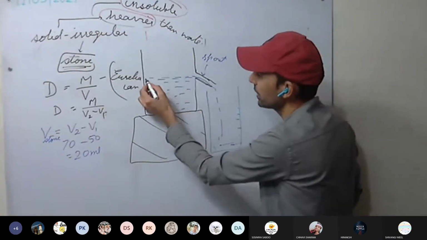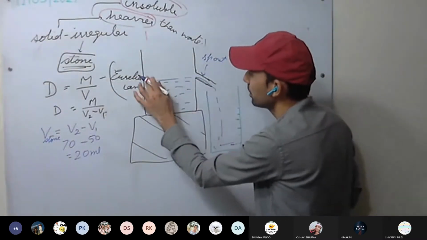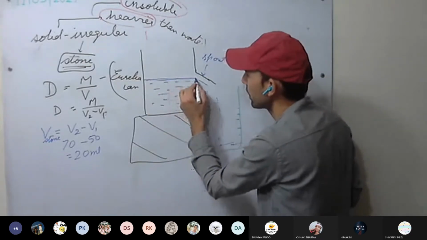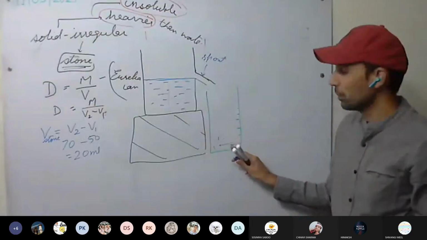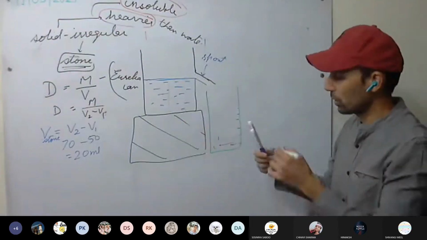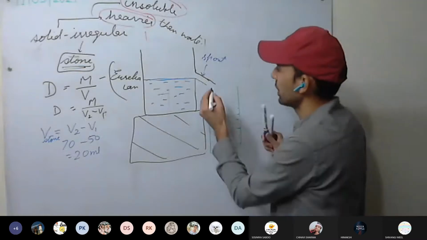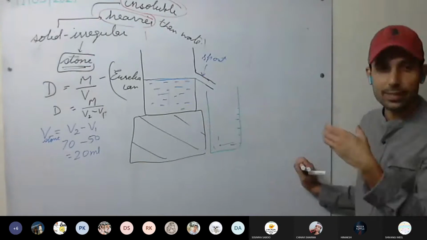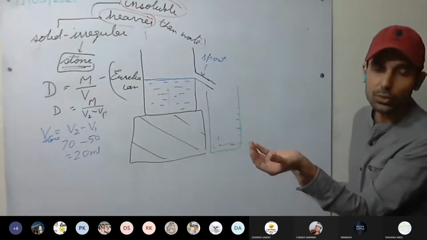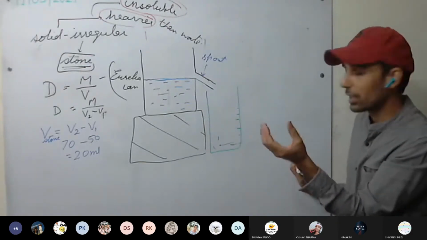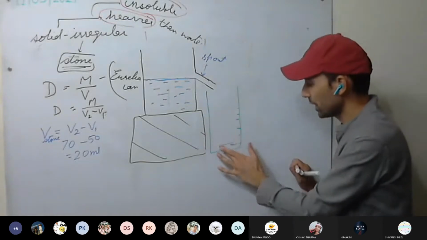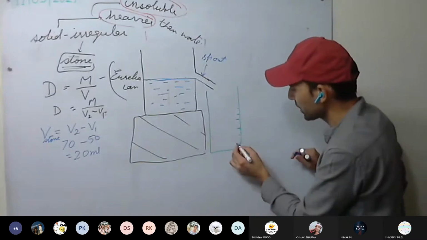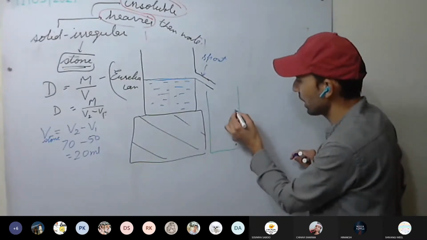After some time, the level will come up to here, and no more water drips into the measuring cylinder. This is fine. Now we are going to remove this measuring cylinder, pour this water out, clean it perfectly, dry it, and place it again. Understood now? So this is empty for the present: 0, 5, 10, 15, let's say.